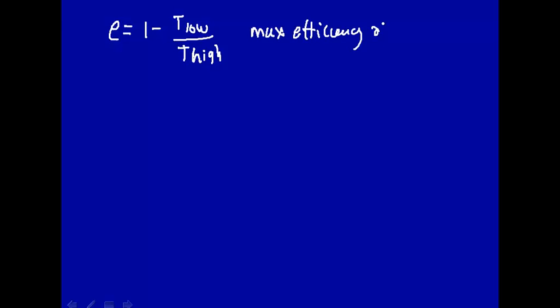Okay. So what we found was that the efficiency of a Carnot engine is 1 minus the temperature of the low temperature reservoir divided by the temperature of the high temperature reservoir. And this placed a fundamental limit on the efficiency of a perfect engine. The perfect engine means that each process in the cycle of the Carnot engine is reversible and the engine itself is frictionless. So this is the maximum efficiency of a heat engine, or the Carnot engine,